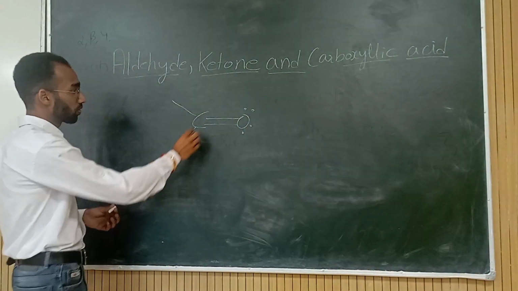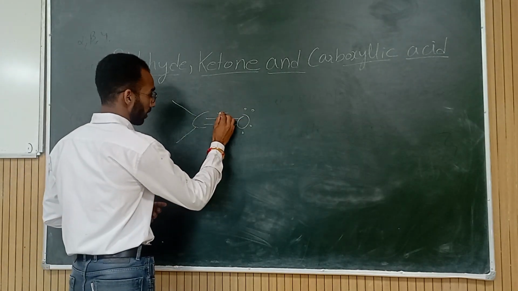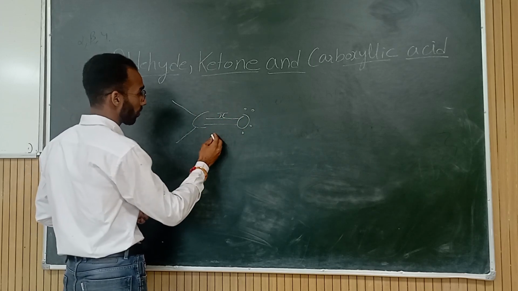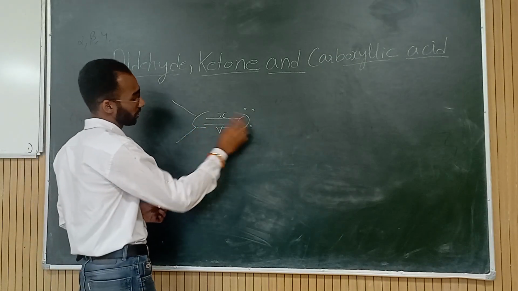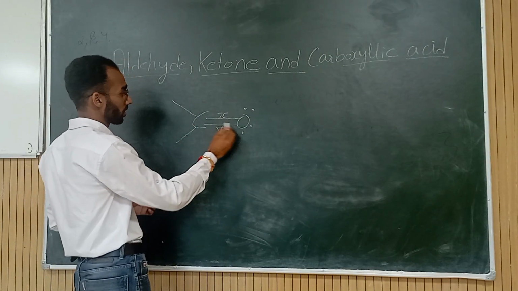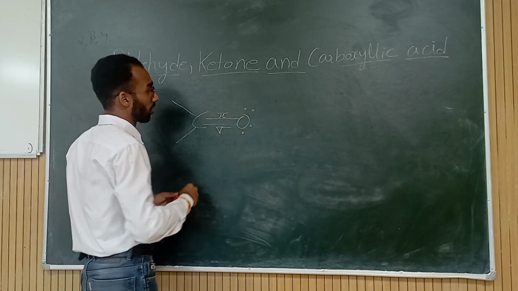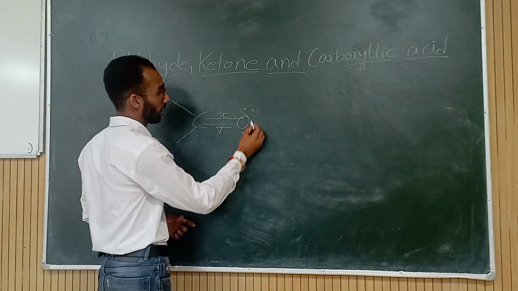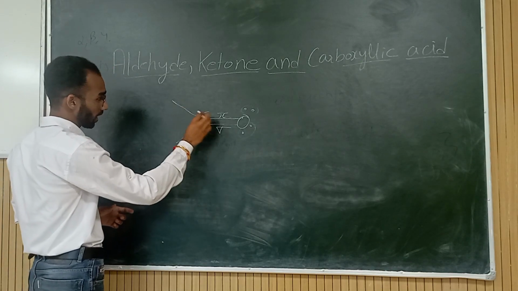Now the carbonyl compound contains a carbon-oxygen double bond. The double bond contains p-pi overlapping, and a sigma bond is there. So there is a carbon-oxygen sigma bond and a carbon-oxygen pi bond. This pi bond is formed by the overlap of the carbon's p orbital and the oxygen's p orbital. Now oxygen contains two non-bonding electron pairs, and carbon has a valency of 4, so